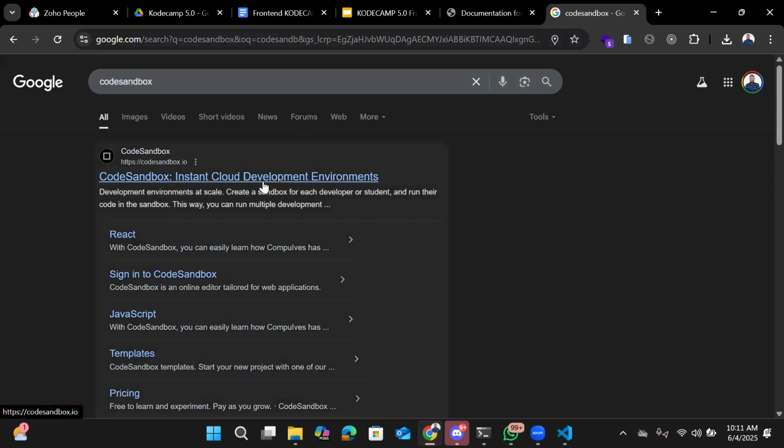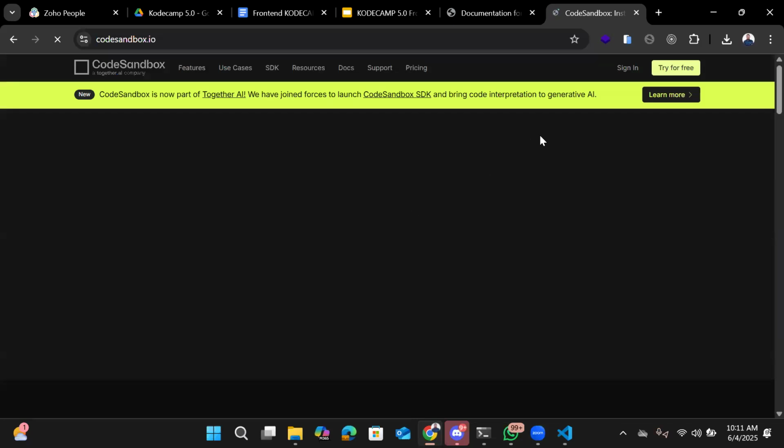So this is how it works for CodeSandbox. The first thing you just have to do is create an account. After you have an account on CodeSandbox,